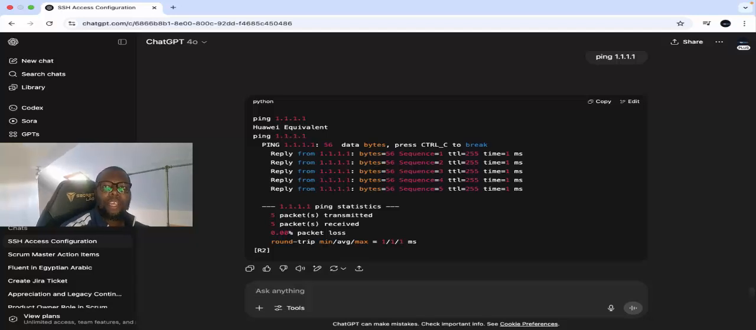So in this short video, I've managed to display how we access the configuration on Huawei, how we look at the interfaces, how we can configure a static route, how we can configure a loopback address. In the next video,